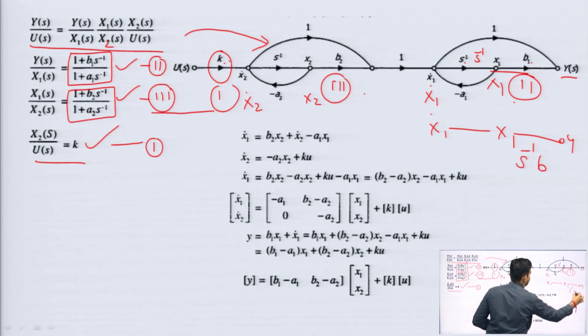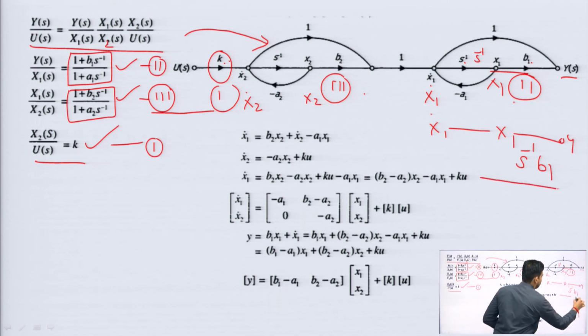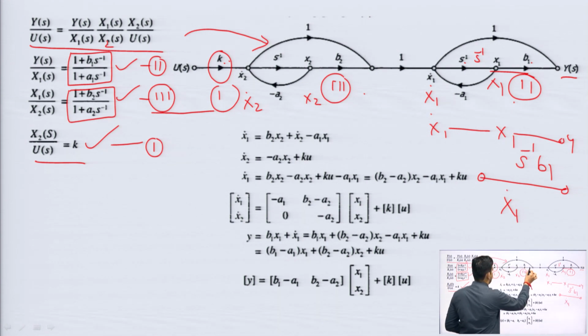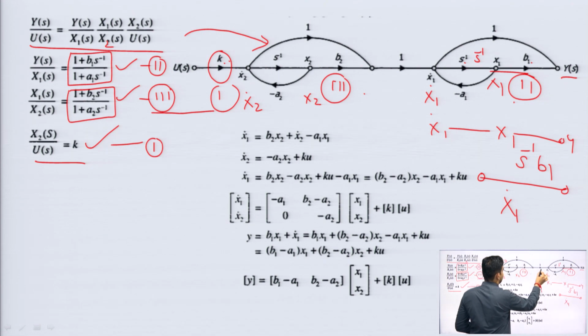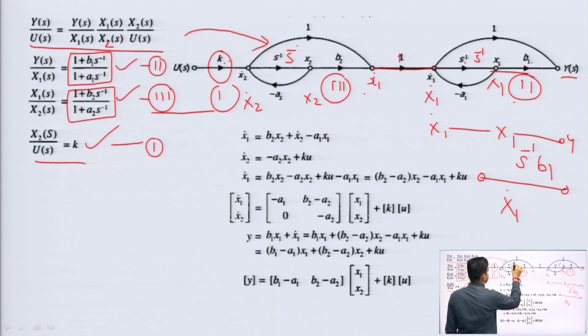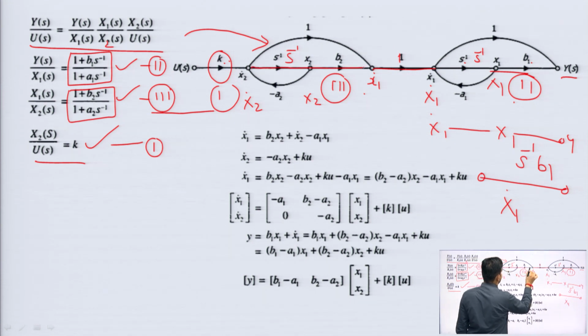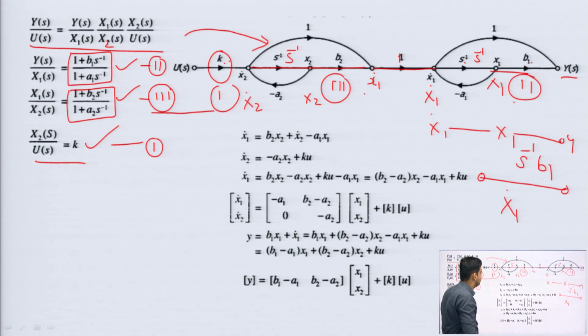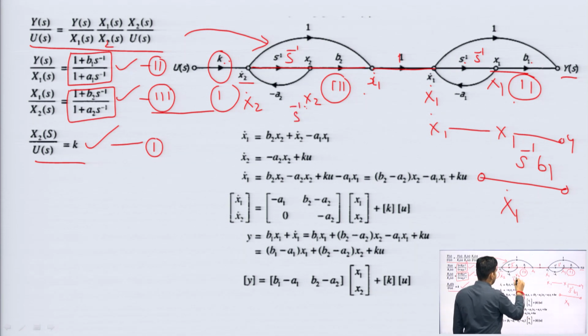S inverse B1, right. So between these two nodes I am getting a single state vector, that is x1 dot. Similarly, because the gain here is 1, this node is also equivalent to x1 dot. Here S inverse is present multiplied by B2, and this will make a single node, with x2 acting as a dummy node here. So my next node would be x2 dot. Here x2 and x1 are acting as dummy nodes. Basically, they are telling you the gain of the path is S inverse B. Here it is x2 dot, here it is x1 dot.